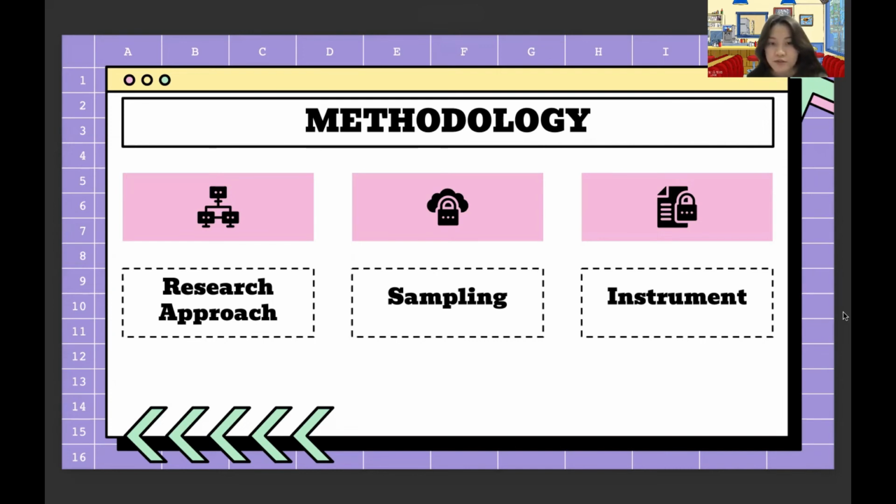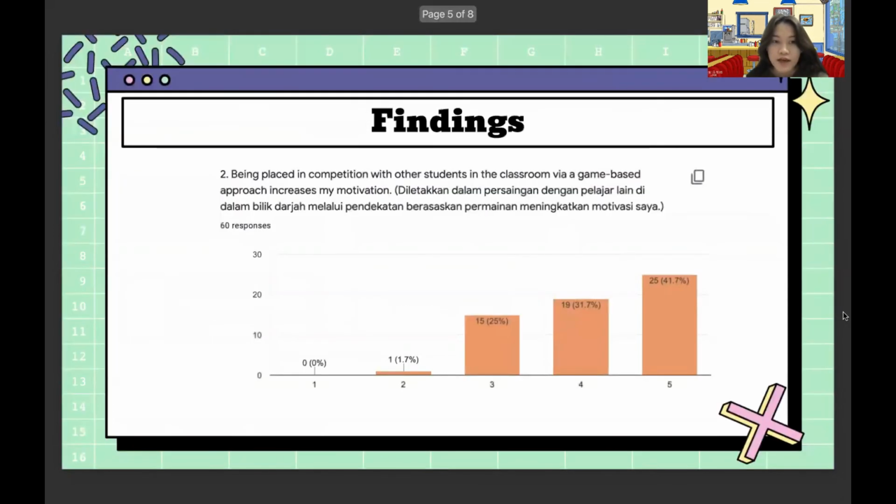Research instruments like observation, questionnaires, and interview were used to gather the data. As for the findings, by using observation of the teachers' reflections, it can be found that teachers have a great feedback on using the game-based teaching approach, and it helped to manage the classroom, and students seem to have been more active in class activity rather than the traditional learning approach.